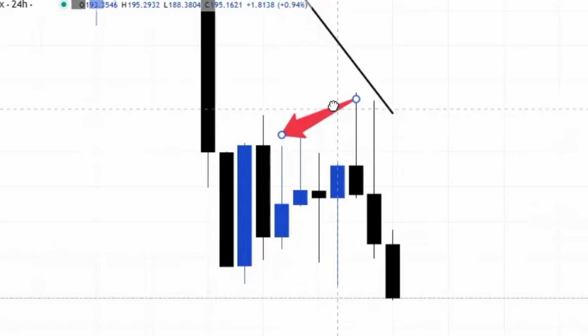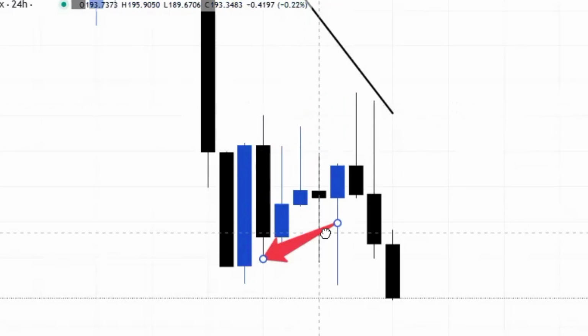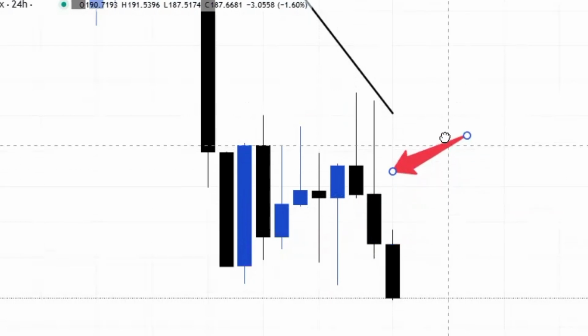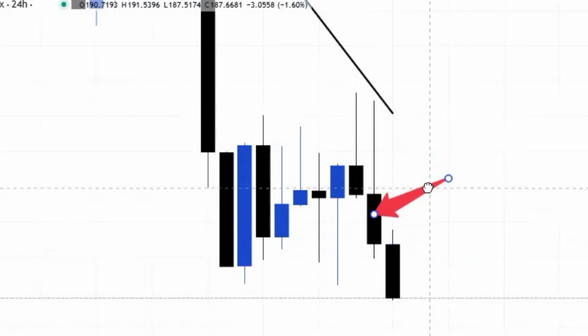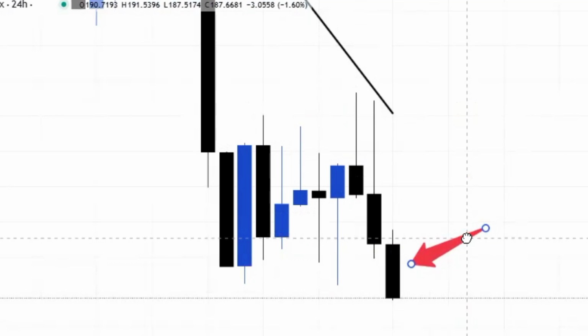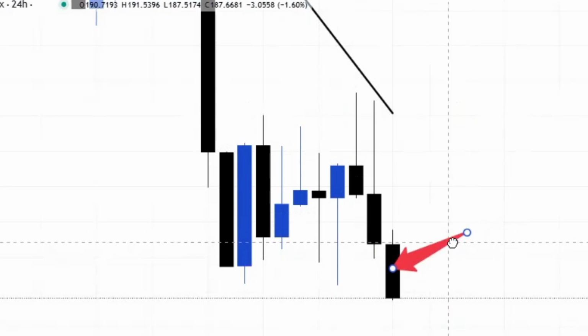But the next day, you see that it opened bearish. Now this is very simple. That's what I want to show you guys. Let me show you how you are going to do these things. Now I have discovered that this market is bearish. Today I've known that the market is bearish.